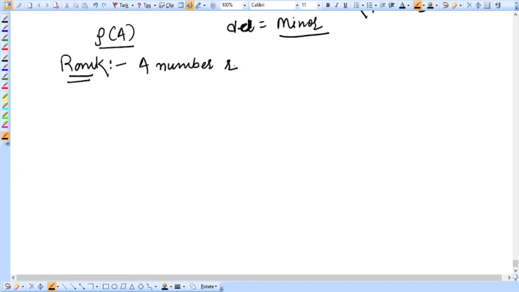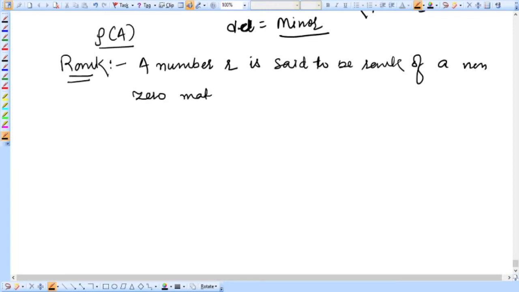A number R is said to be the rank of a non-zero matrix A if there exist at least